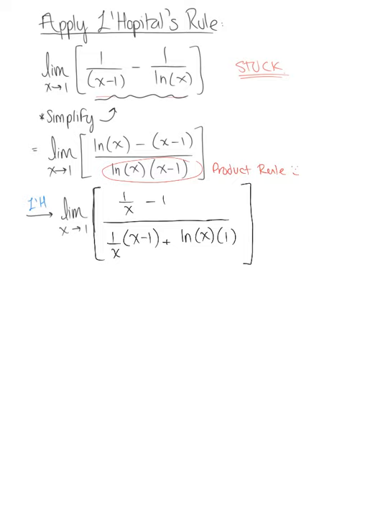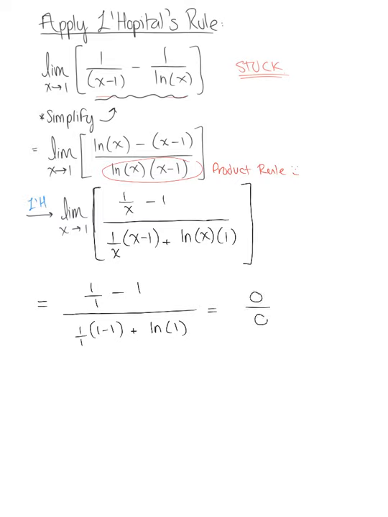And so it's safe to evaluate. We could simplify this further, but might as well check to see if it's not undefined first. So I'm going to replace every x with 1. So I end up with 1 over 1 minus 1 in our numerator. And that is all divided by 1 over 1 times 1 minus 1 plus the natural log of 1. So we're going to end up with